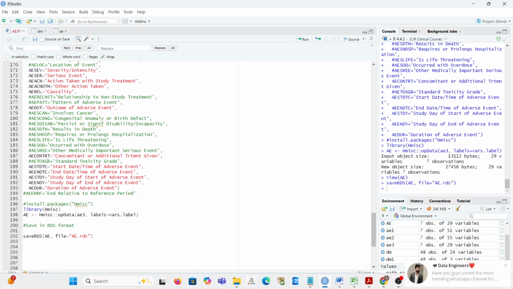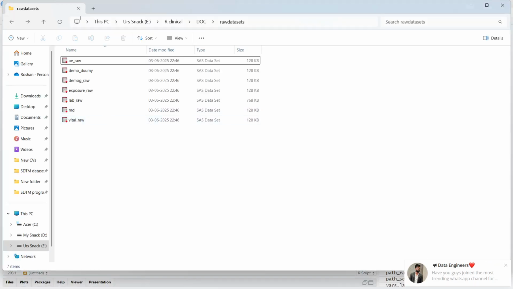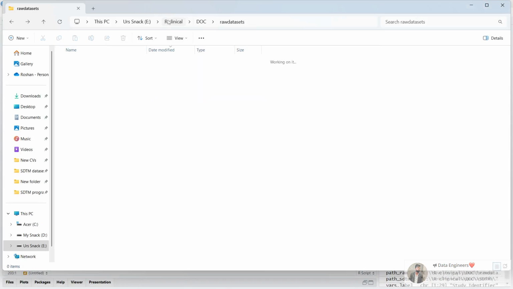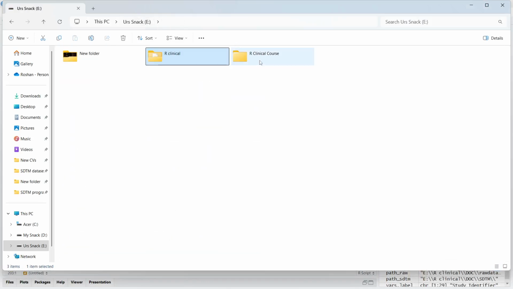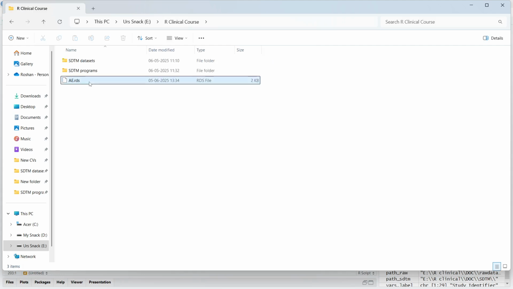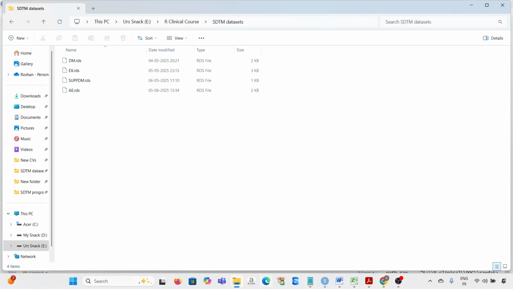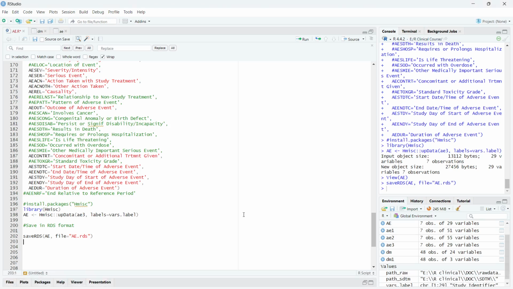Okay, when you go and check here, I'm just cutting this one and putting it back into our SDTM data set. That's it for now. We'll continue with the other data set. Thank you so much for